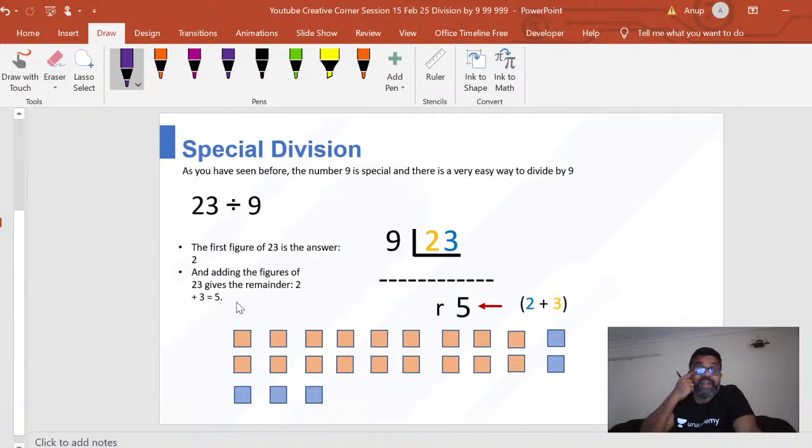Now dividing by 8, dividing by 7, I had another class on division, special division, one of the earlier classes. There we focused on dividing by 9, 8, 7, 6. So very similar pattern itself, but I'm not going to cover it now in this class, because the same way as you divide by 9, you can also divide by 8, by 7, by 6. So the idea is to cover all possible scenarios, all possibilities, of arithmetic operations, be it division, subtraction, multiplication, addition, and all that.